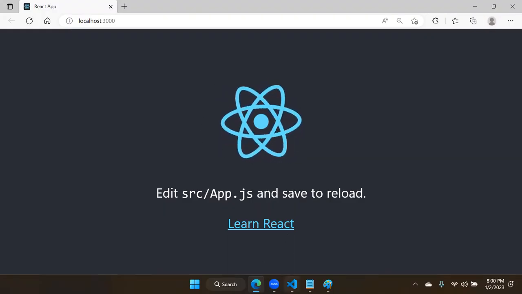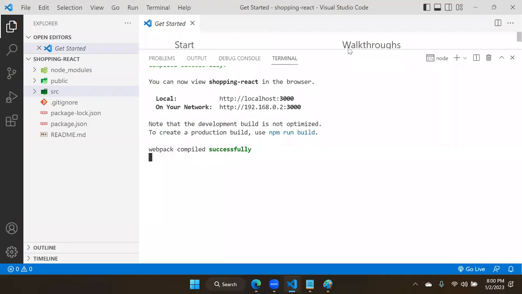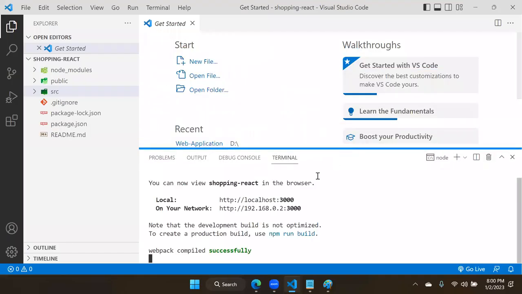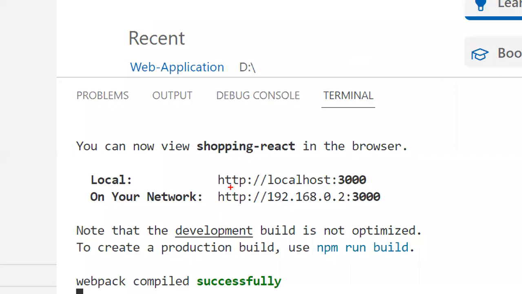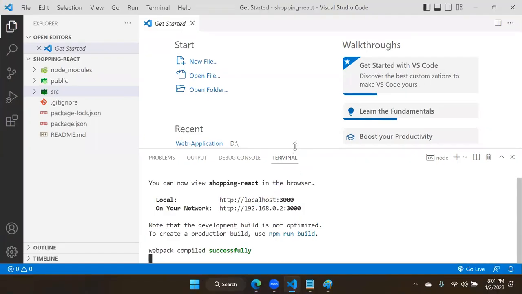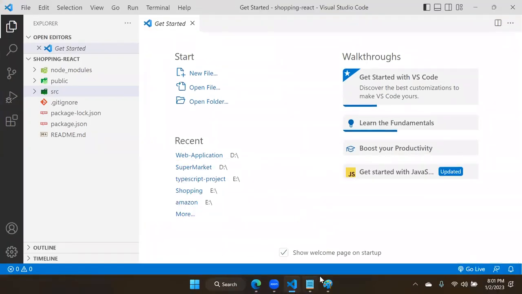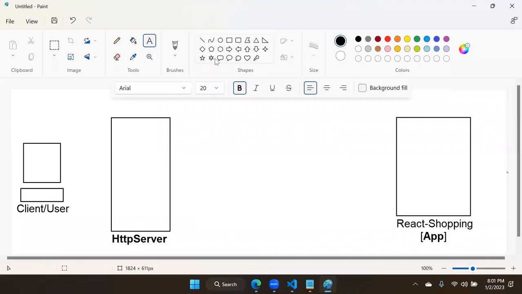Let's see. Actually, after the compilation is finished successfully, your application is running in this location. So you just have to open the browser and request this, and it will show you the React application home screen. How is that home screen coming? So this is the flow. You make a request from the client. Generally, what is the request we made? So the request is